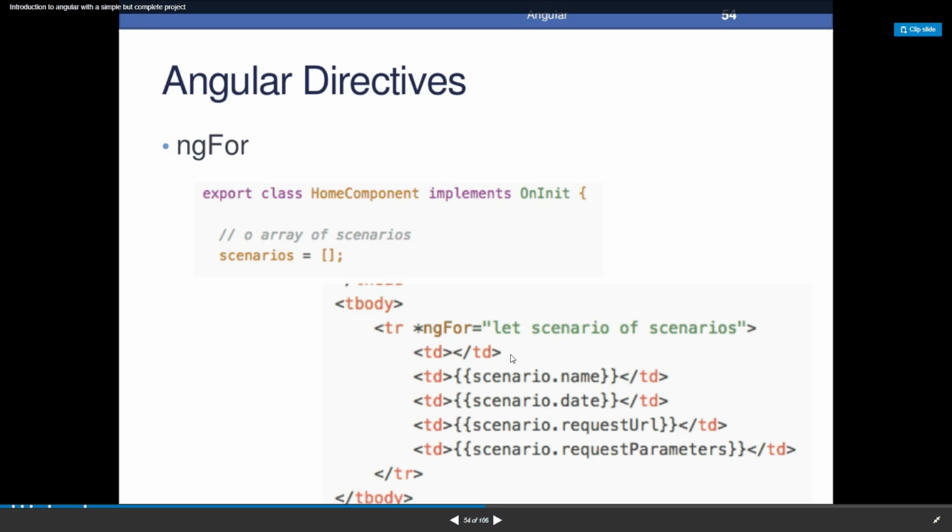Now ngFor works on an array of elements. In your class, you have an array, scenarios. And in your HTML, you have a table body and a table row. In the table row, you will have *ngFor let scenario of scenarios. So these scenarios are coming from here, so this is the mapping. You will iterate over all the scenarios and for each scenario, you will create one table row. That's the meaning of this statement, *ngFor. For each scenario, it is going to add one table row with the scenario.name, scenario.date. So this will fetch all the data and add the table row here,